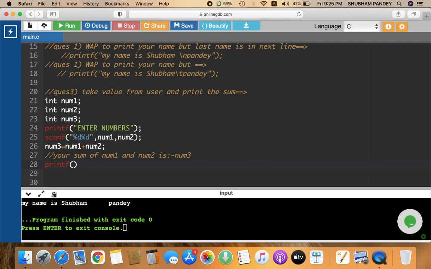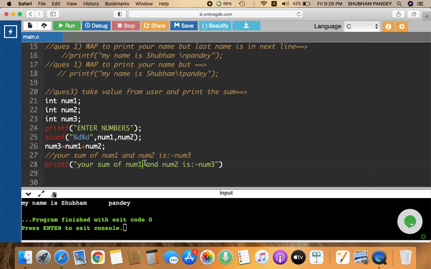I am going to write the same statement here as it is written, so copy it here. Now you have written "your sum of num1 and num2 is num3". But here you have to represent the value from the variables, and num1 is an integer, num2 is also an integer, and num3 is also an integer.